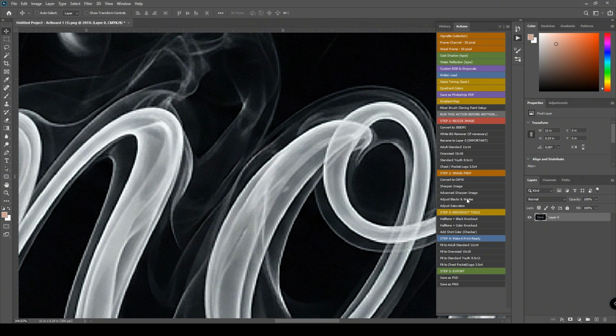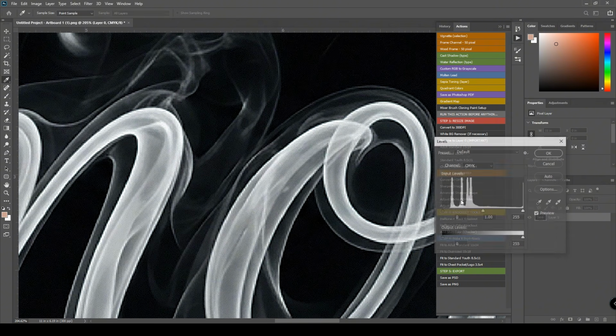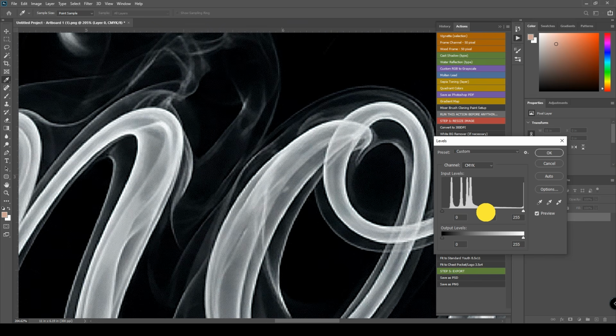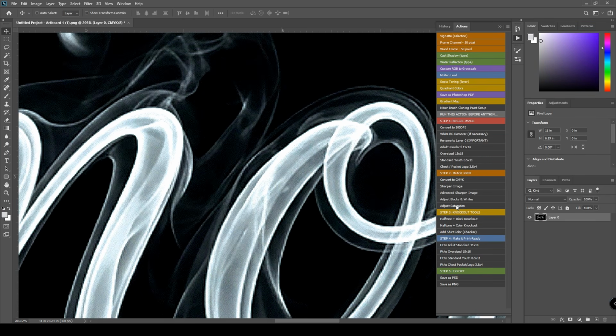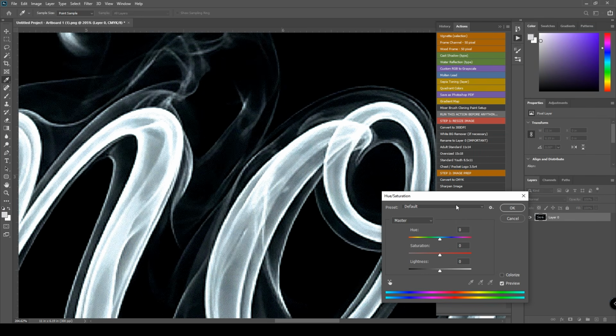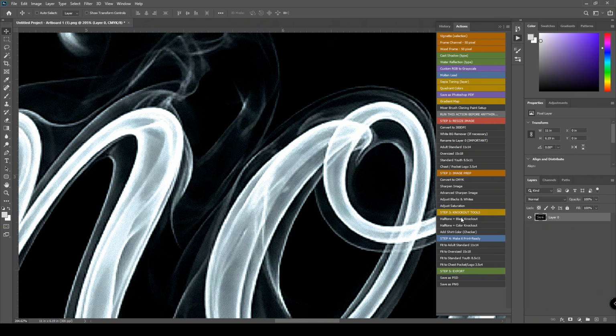Next, use Adjust Blacks and Whites. Adjust the settings according to your preference. The goal is to make the dark areas a solid black and the highlights a solid white, creating stronger contrast and a cleaner halftone result. Finally, use the Adjust Saturation tool to restore some of the vibrancy that may have been lost during the complex